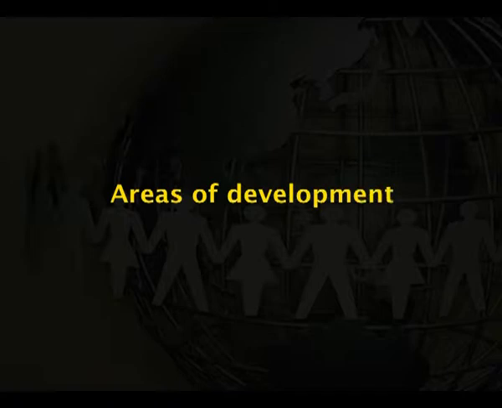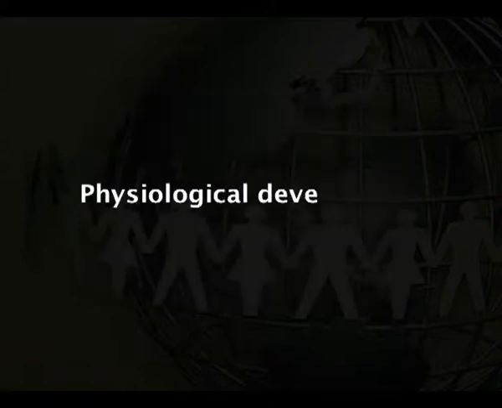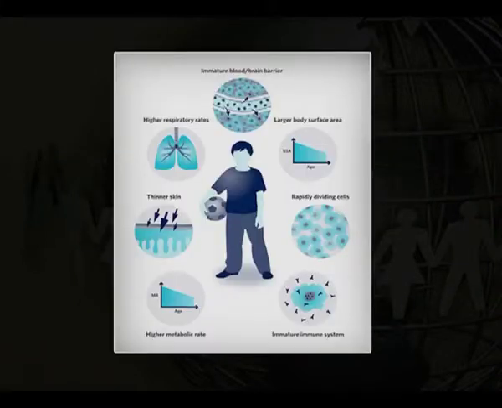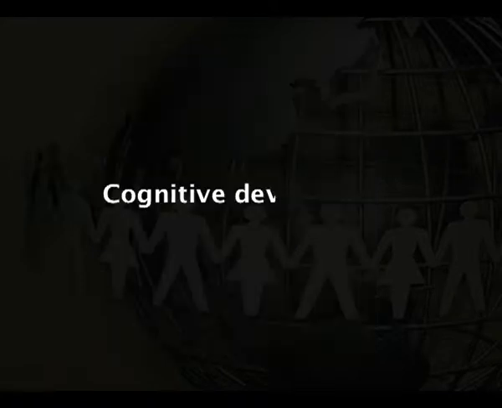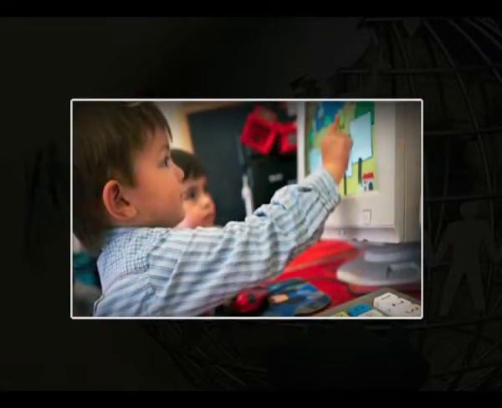After knowing the objectives of child development, let us see what are the areas of development we are going to deal with. Physical development. Physical development, as everyone knows, is about the height, weight and body proportions. Physiological development, that is the internal body parts and their functions. Cognitive development, the development of cognitions like thinking or reasoning, problem solving, etc., will be dealt with in this.